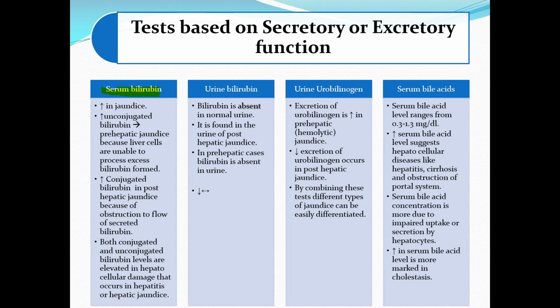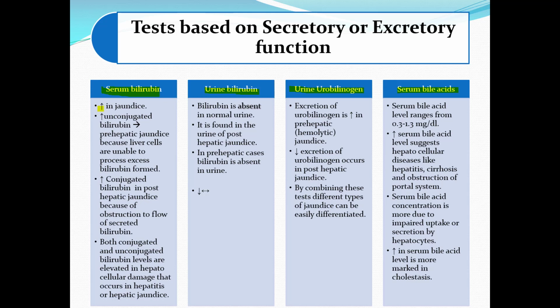Now the tests based on the excretory functions we have seen. Bilirubin, as we will learn about it again, has two fractions called conjugated and unconjugated, and when they are summed together it gives the total bilirubin. This is helpful in diagnosing many liver abnormalities. Urine bilirubin: present or absent in urine. Urine urobilinogen: normally it is present, whether it is increased or absent. Serum bile acids: whether it is increased or normal in blood. All this will help us to identify the diseases, so we will look into them one by one.